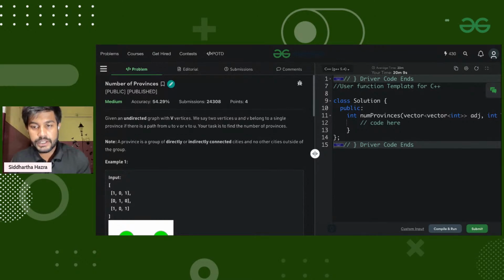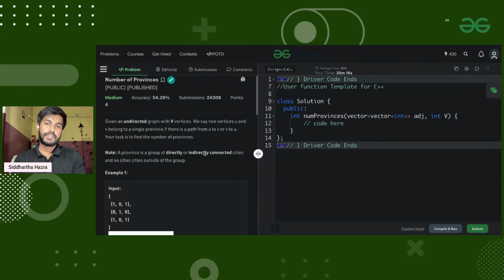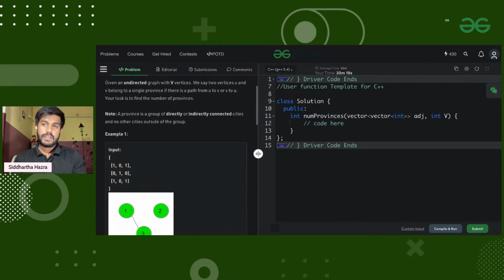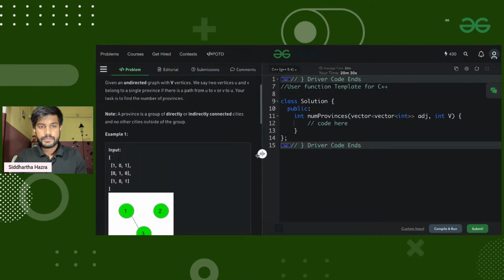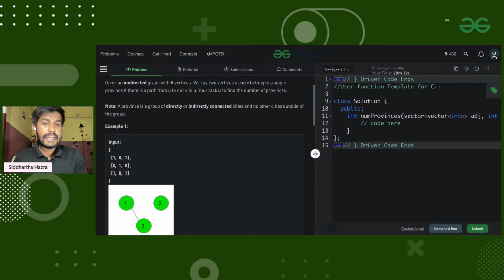Now give me a 1 if you can solve this question. If you are getting an idea to solve the question, quickly give me a 1 in the chat. After you see this question, if you are able to tell that yes, it will be solved, just give me a 1.